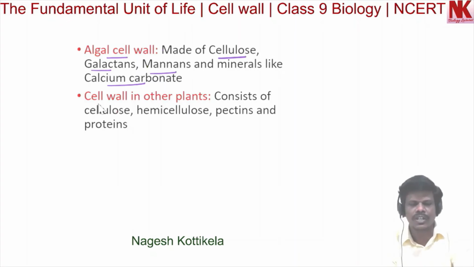Now cell wall in other plants apart from algae, there are other plants like bryophytes, pteridophytes, gymnosperms, angiosperms. So in other plants, cell walls consist of cellulose, hemicellulose, pectins and proteins. So these are the different chemicals present in the cell walls of different plants. Now moving to the next,